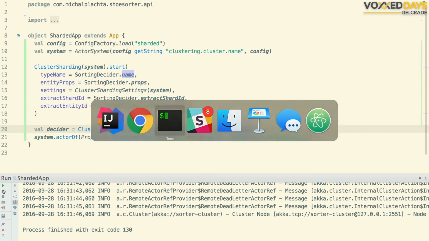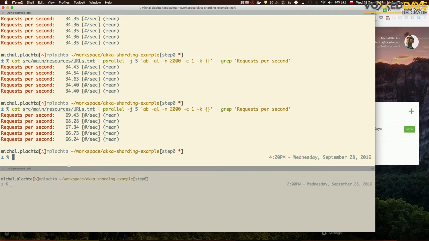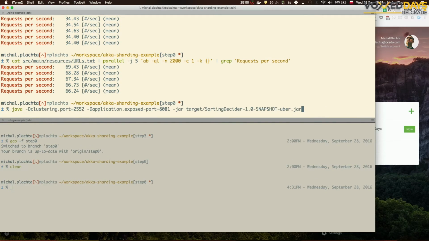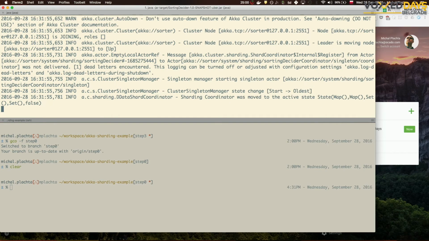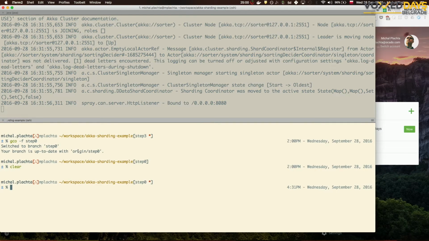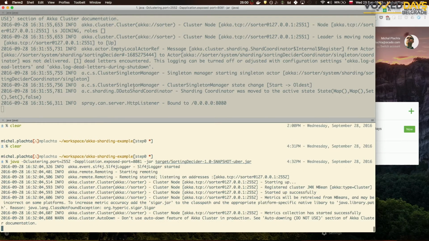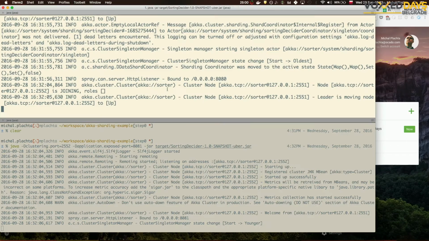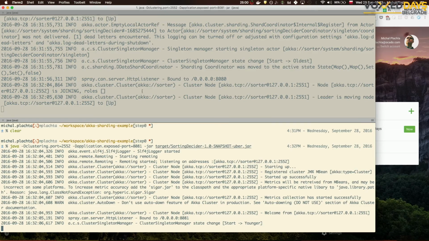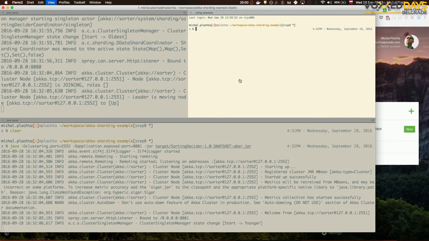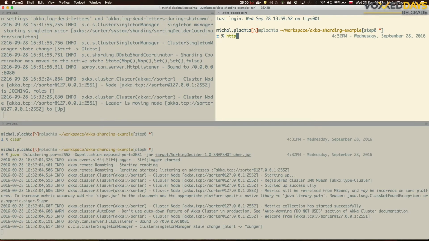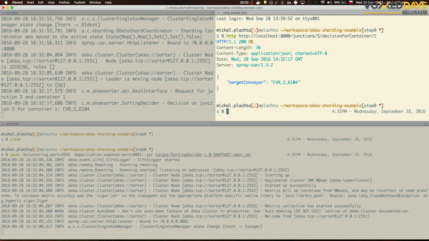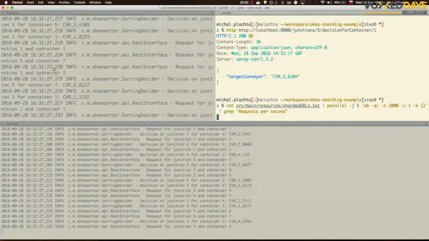I'll just kill it and run it twice here so that you can see what's happening. I will use java -jar. So the top one is the first JVM, and this is the second JVM. As you see, though, they connected perfectly fine. I'll just test whether it works, whether we get the response, and then just run the test. 2 JVMs.